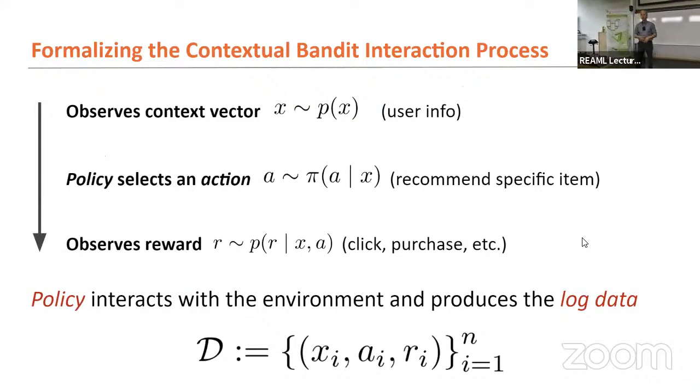All right. So there's a very natural probabilistic interpretation now. Contexts come in from the outside world, from this distribution P of X. We don't know what P of X is, but we assume that they come in IID, right? This is like users coming to your system. For every X that comes in, our policy now samples stochastically an action to take. And then for that action and that context, it gets some noisy reward, right? That's this probability distribution P of R given X and A.